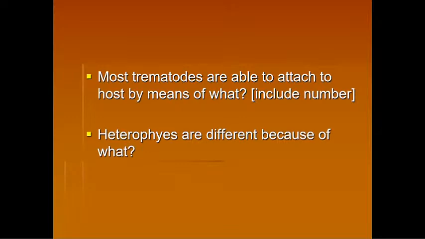All right. Okay. So, yeah, trematodes are leaf-like, and what was our initial discussion earlier? Because maybe we'll forget some of the things, or we haven't recorded some of the things. Trematodes are flukes. Cestodes are tapeworms. Now, most trematodes are able to attach to the host by means of what? There are two types of attachments. Okay, an oral and a ventral sucker.